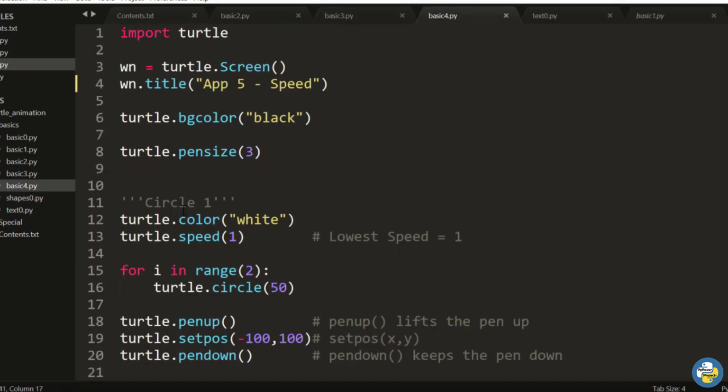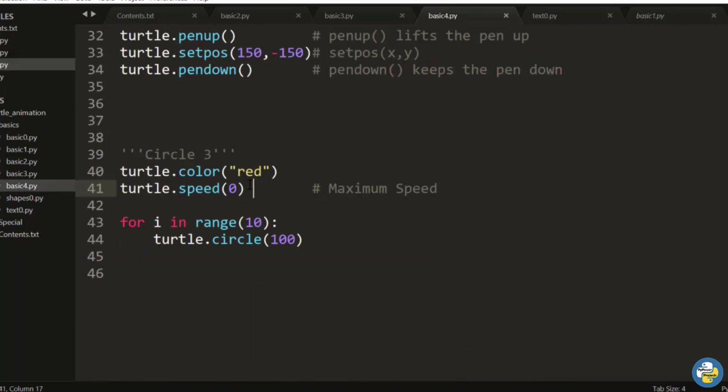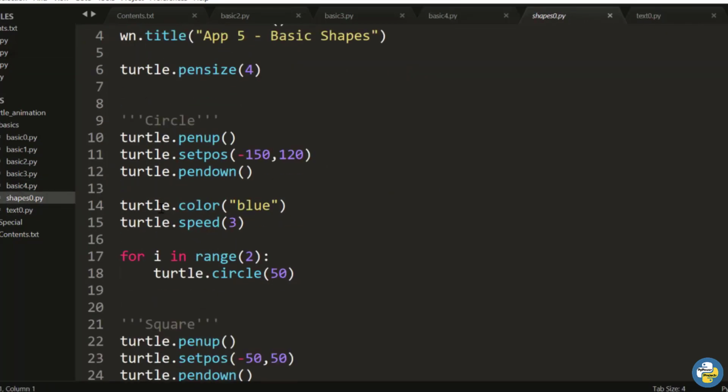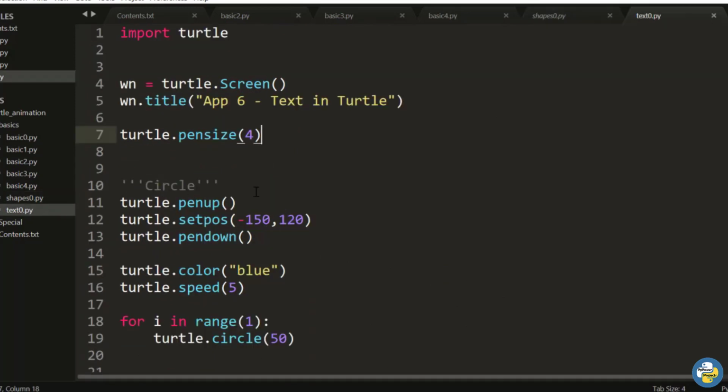Basic four, you have speed, so various speed arguments, that is 1, 10 and 0. You can see the speed attribute of turtle. Then basic shapes, that is circle, square and rectangle. And text in turtle, how to add a text element in our turtle window.